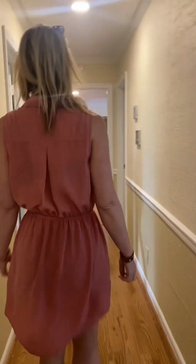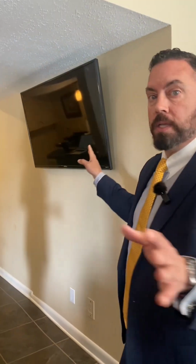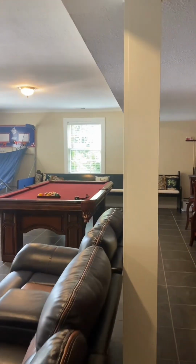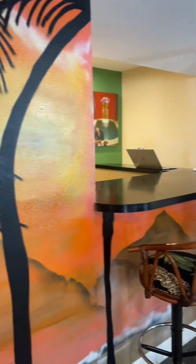I will take you downstairs. So down here in the downstairs area, we have lots of space for entertaining, hanging out. We have a bar area with tons of storage. There's a kitchenette, sink, anything you need down here. And what was important to me is to have multiple televisions. So for fight night or for game day, plenty of TVs. We have the pool table, Pop-A-Shot, and the continuous custom painted wall by a local artist, which is super cool. And then a bedroom here,